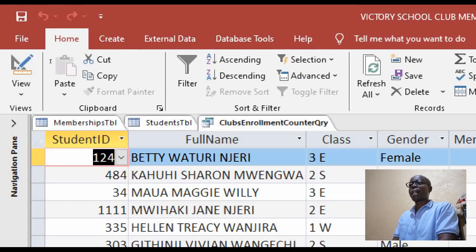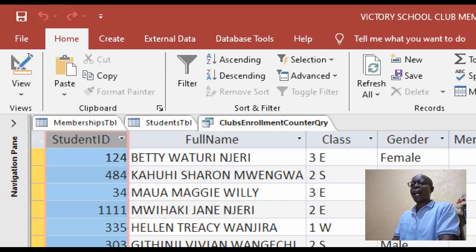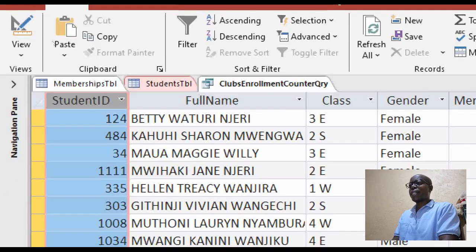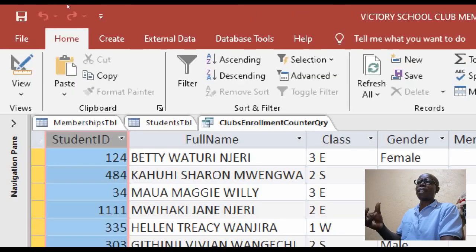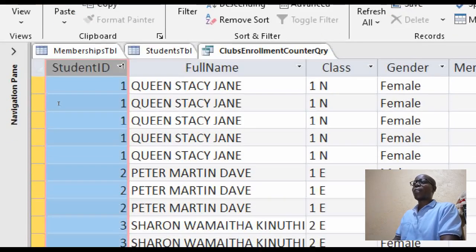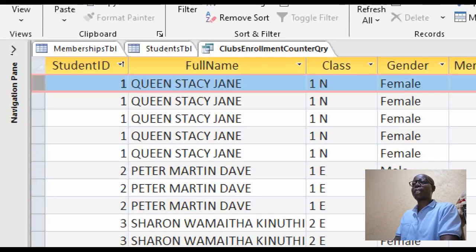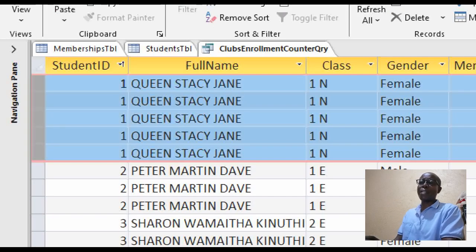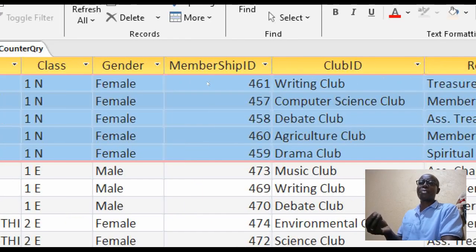Next activity. Let me first sort my query using student ID. So I just select that column and I choose A to Z. So there is a repetition of Queen Stacy. Not a problem. This is what we have done because Queen Stacy has joined 5 different clubs: 1, 2, 3, 4, 5.